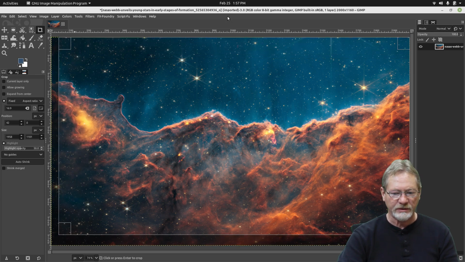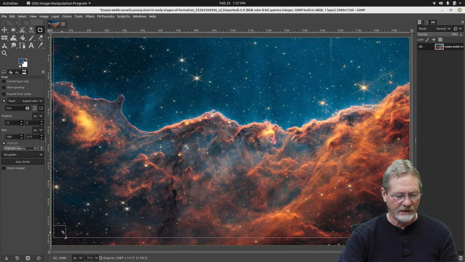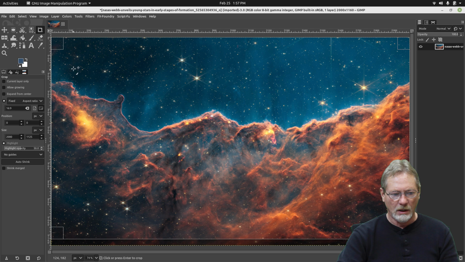Because what I'm wanting to do is pull in as much of this image as I can while maintaining that aspect ratio. Okay, so I've got as much of the image pulled in as I can get. But as you can see, there's a section down here on the bottom. The image resolution is not 16:9. So now I've got to decide what part of the image I want to keep and use as my